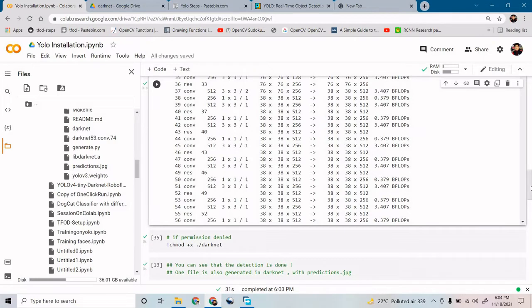Now this is all about how to pass your images into a pre-trained model. But if I ask you a question, how can you train your own images, or say custom training inside YOLO? For that you need some kind of steps.